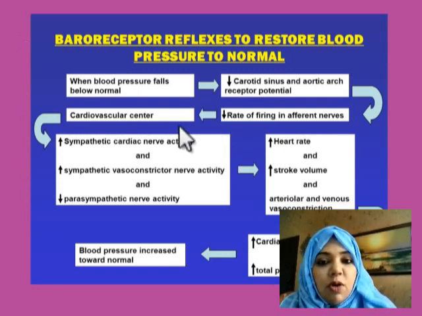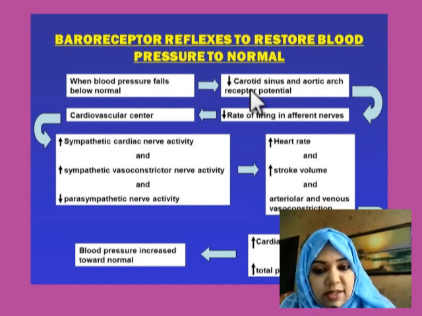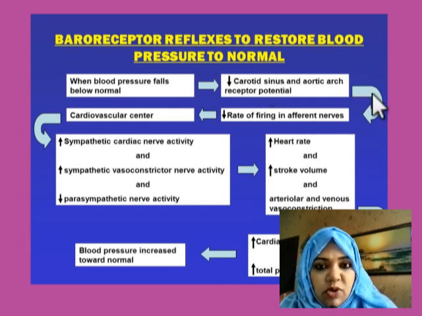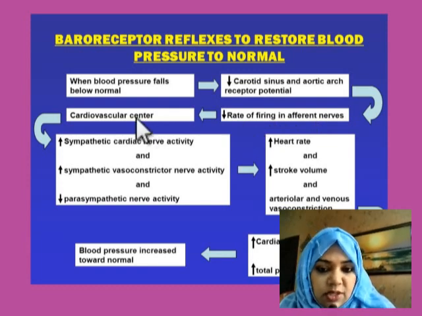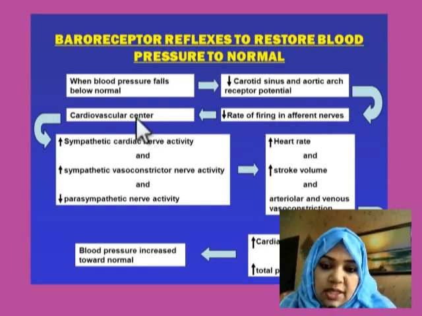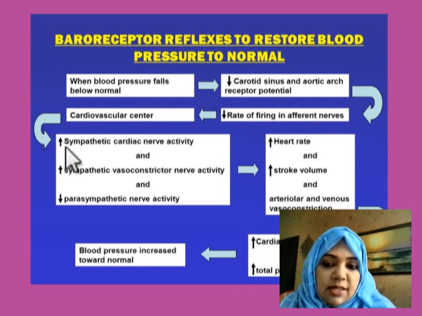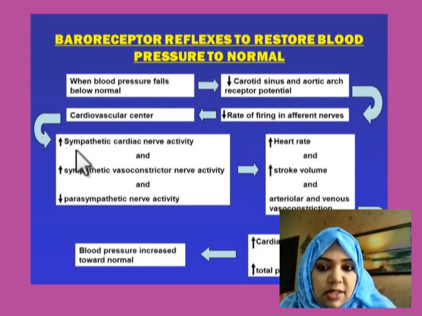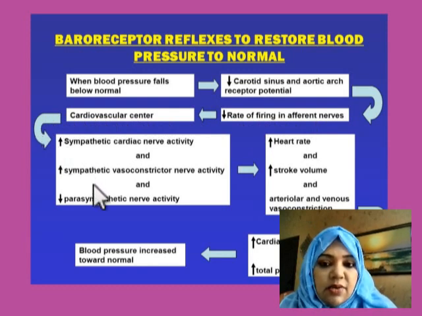So what happens when arterial pressure falls? When blood pressure falls, the carotid sinus and aortic arch are not stimulated. There is no stretching of the blood vessels, so they are not stimulated. If they are not stimulated, then no signals are going to the cardiovascular center. If no signals are going to the cardiovascular center, that will increase our sympathetic activity, increase vasoconstrictor nerve, and decrease